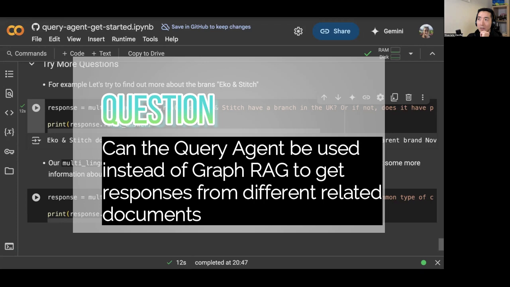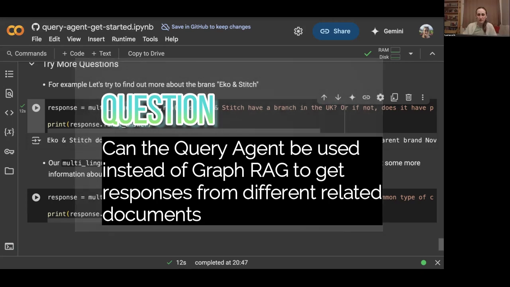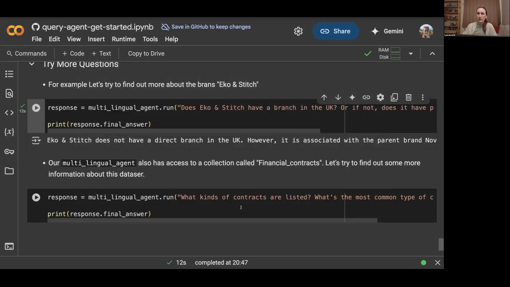It's an interesting one. So I guess Rohini is asking about identifying relationships between documents in a way. In a way, yes. You can use this to get answers based on different documents and potentially also be able to infer relationships based on the properties they might share. I'm not going to say this is